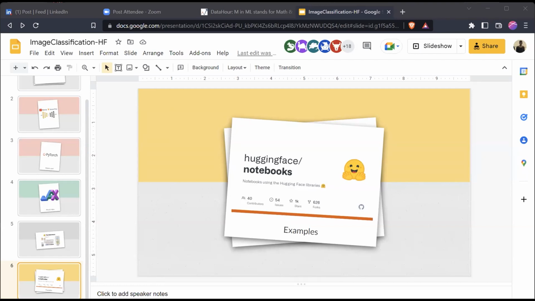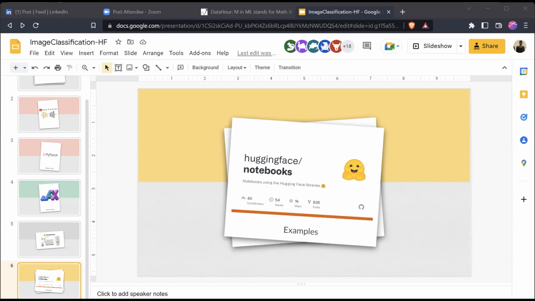Here you can see a simple notebook for image classification. The same notebooks can be found in the GitHub Hugging Face notebooks repo that I showed previously. Let me just copy it and paste it here. Done. It's going to panelists. I guess someone from the panelists can share this link with everybody in the chat.